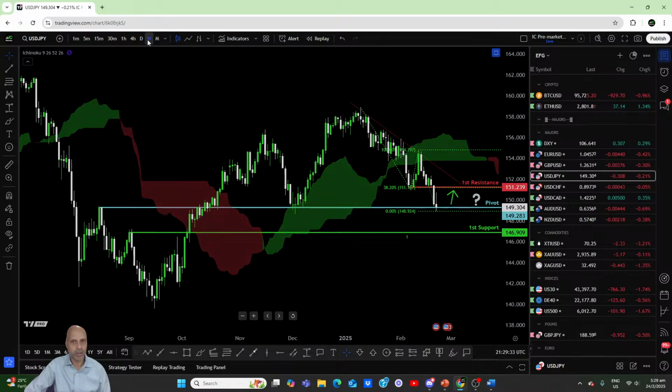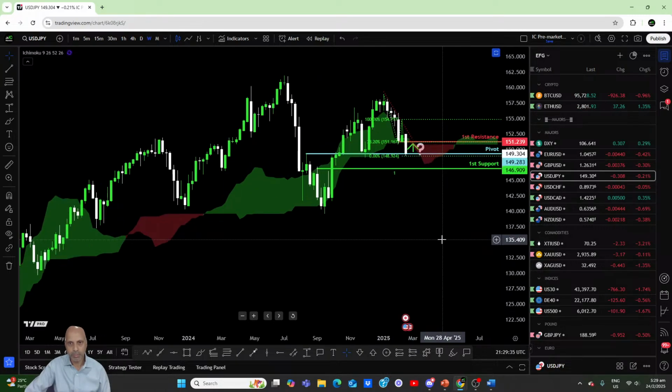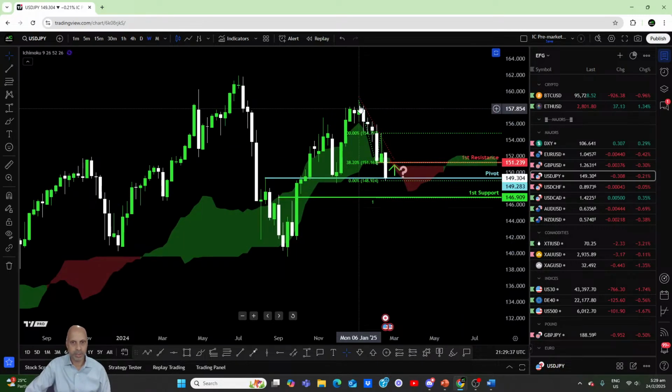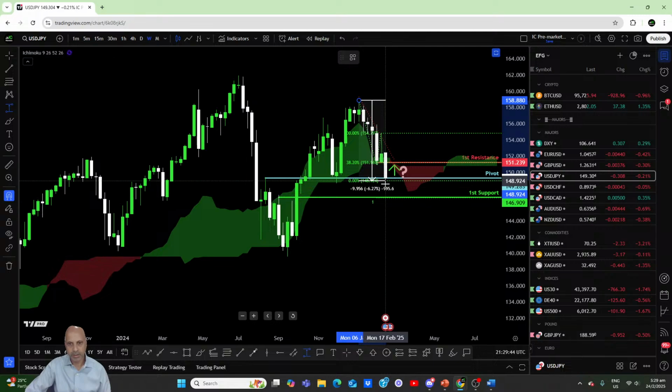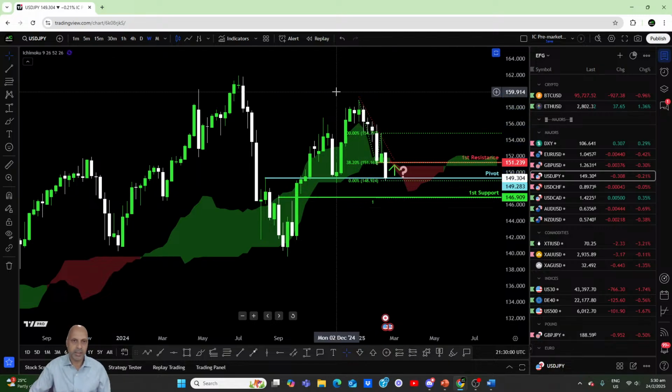On a weekly basis, this has been a pretty strong bearish reversal, and this currency pair has dropped from peak to trough well over 6%, nearly 6.3%, or nearly 1,000 pips since the second week of January. So demand for the yen has picked up quite strongly as inflationary pressures remain persistent in